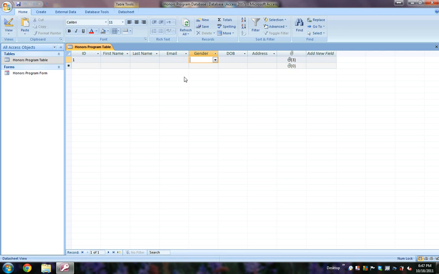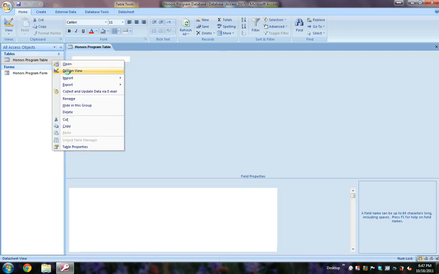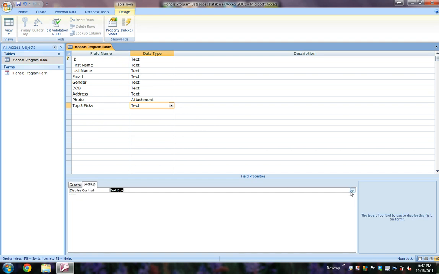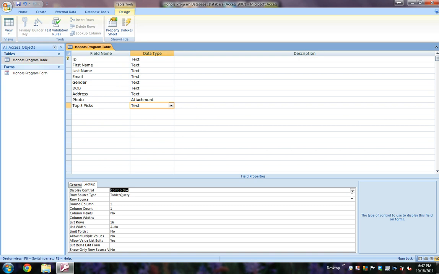Next, we will learn how to create a multiple value list, which will allow us to choose more than one answer as opposed to just choosing male or female. So we'll say top 3 picks as our choice, and we'll go to the design view, and just like the other one, we'll say 60, and just like before we'll go to list box or lookup, we'll make it a combo box, we'll make it a value list, and we'll do just the same, such as pop,